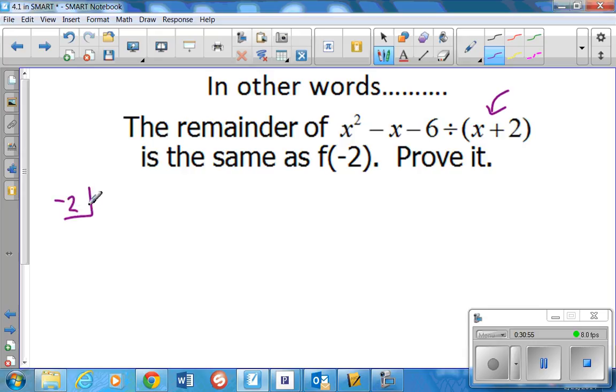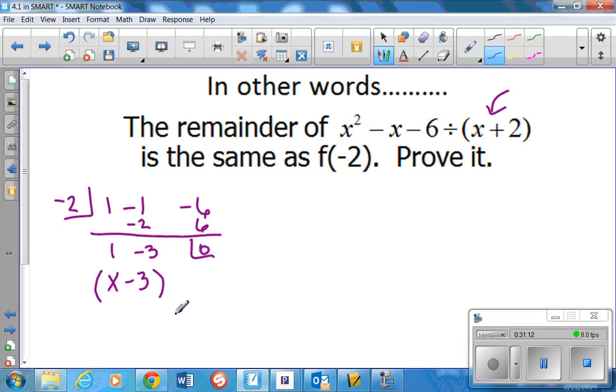So real quick here, I'm going to divide. And I get x minus 3. So, the remainder here is 0, and this thing that I put in right here, they are an ordered pair